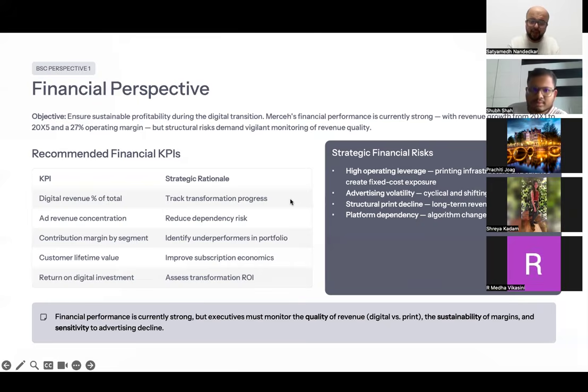Right now, in the financial KPIs, I think they have done certain calculations: digital revenue percentage of total ad revenue, contribution margin by segment, customer lifetime value, return on digital investment. So these are the recommended financial KPIs. That means if you have a look at these,